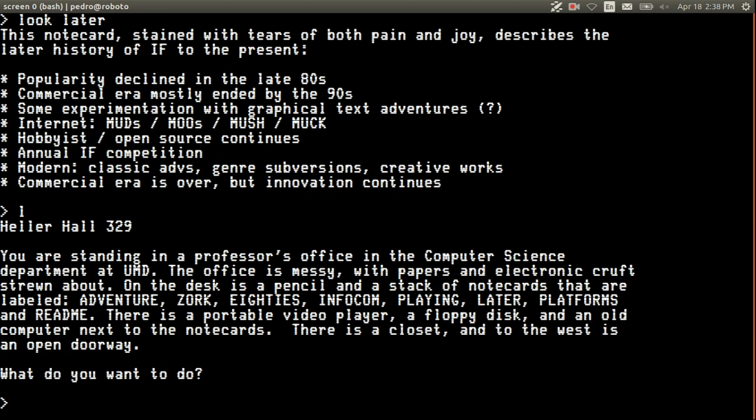Would MUDs be considered similar to modern day MMORPGs in a way? Yeah, MUDs are very similar to MMORPGs, and there are still some MUDs around. MOOs, MUSHes, and MUCKs were more focused on interactivity than role-playing.